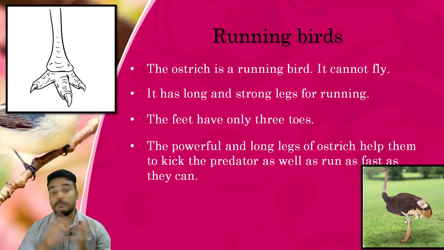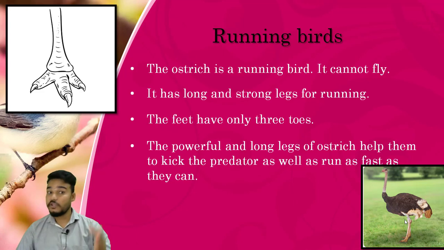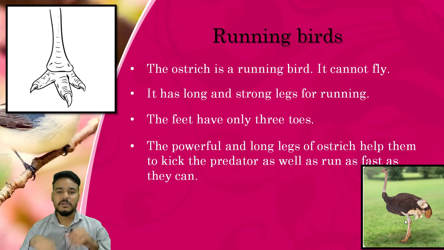4 are there now. But they are good at running also. Okay, so ostrich is a running bird. It cannot fly. It has long and strong legs for running. उसका legs कैसा है? देख, you can see here. Okay, it has long and strong running legs, and it has only 3 toes. सिर्फ 3 ही toes है आगे के साइड में, and powerful legs होने की वजह से ये जोर से भाग